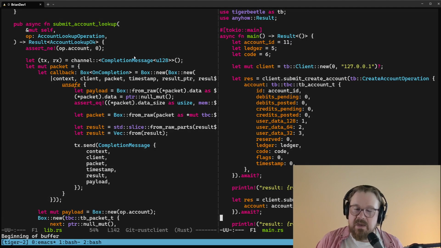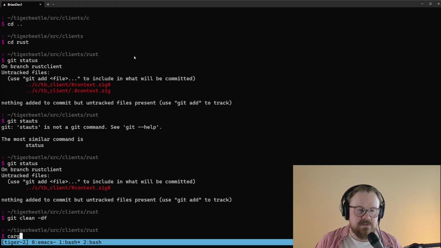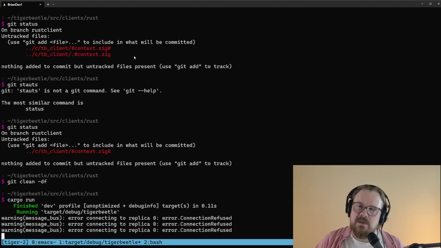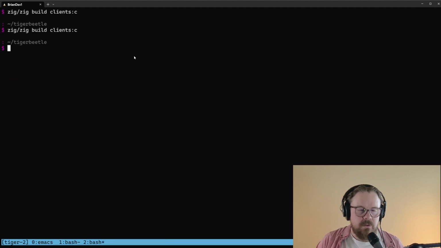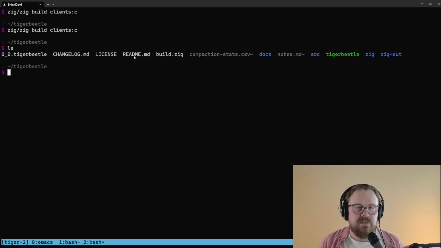I just want to compile and run this and make sure that I understand what it's doing now before we start changing the library. So I'm just going to say cargo run, and this isn't going to work because there's no server running. And over here in Tiger Beetle land, we have a test database built already. I think this is okay to keep using. And we'll say